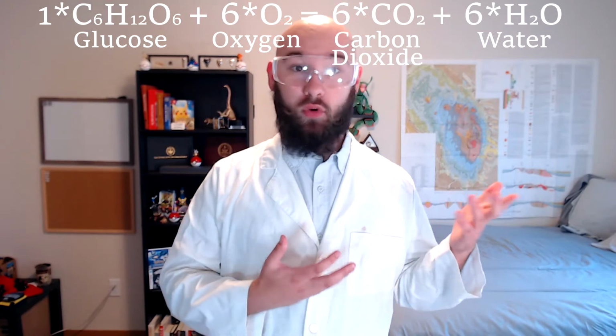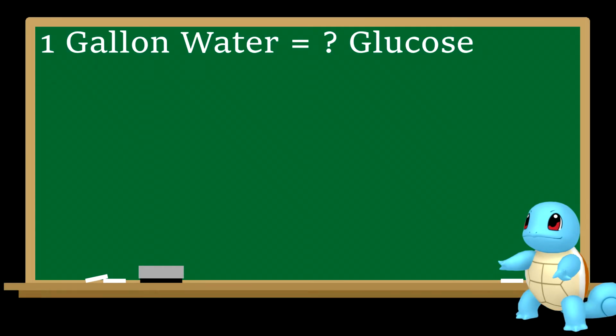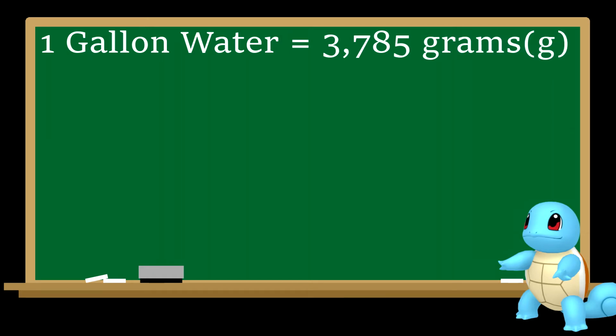For each one molecule of glucose that is used in cellular respiration, 6 molecules of water are produced. And here's the chemical formula for that reaction. This might look familiar to you. Let's say that this Squirtle here uses 1 gallon of water for every water gun attack. How much sugar, or glucose, is needed to create the water for that move purely from respiration? The mass of 1 gallon of water is